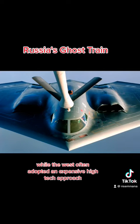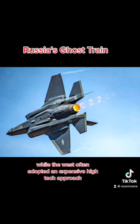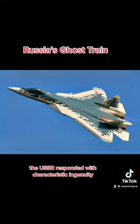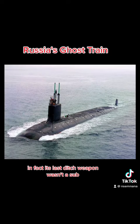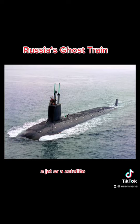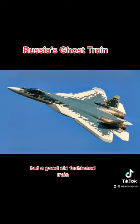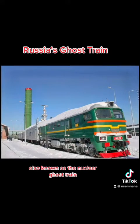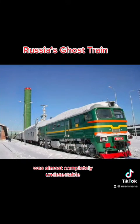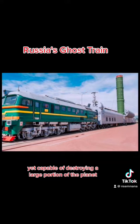While the West often adopted an expensive, high-tech approach, the USSR responded with characteristic ingenuity. In fact, its last-ditch weapon wasn't a sub, a jet, or a satellite, but a good old-fashioned train. Russia's RT-23 Molodets, also known as the nuclear ghost train, was almost completely undetectable yet capable of destroying a large